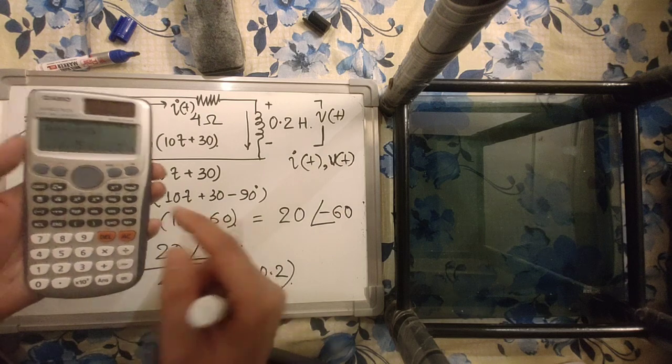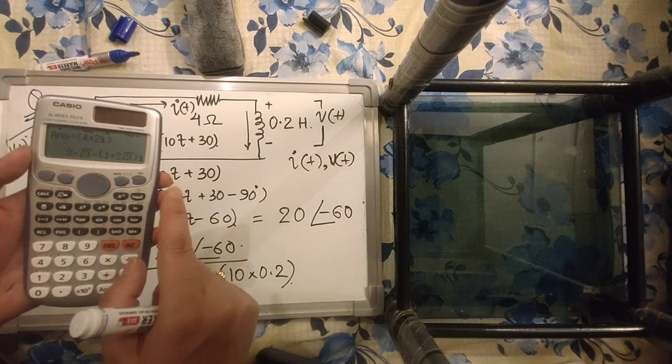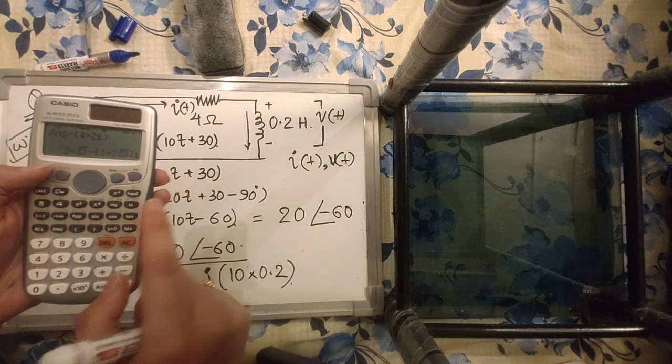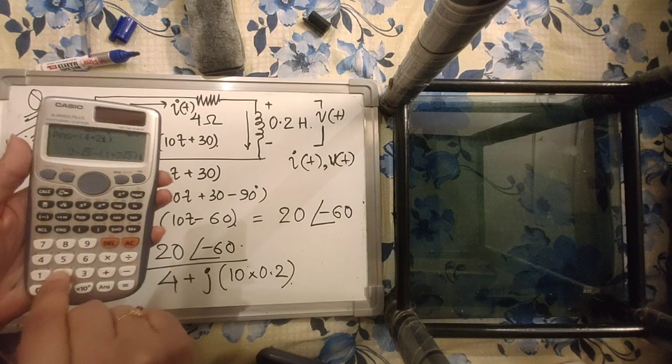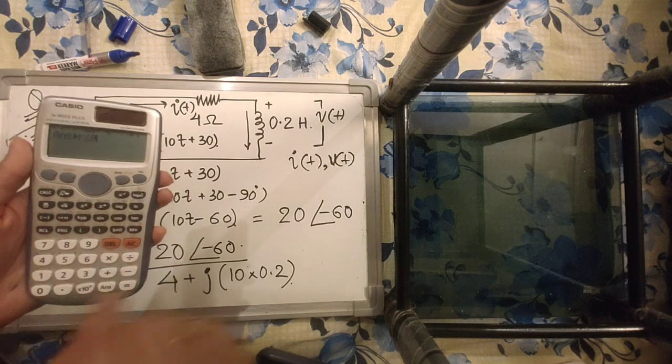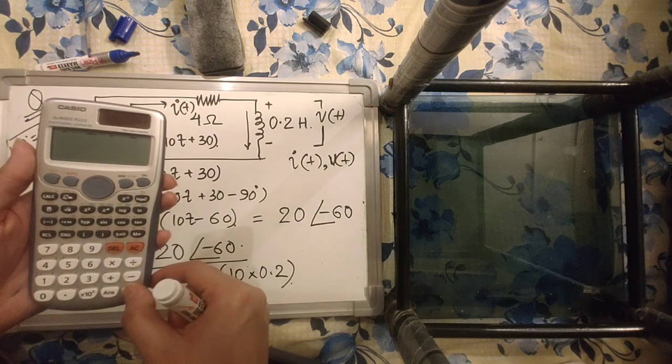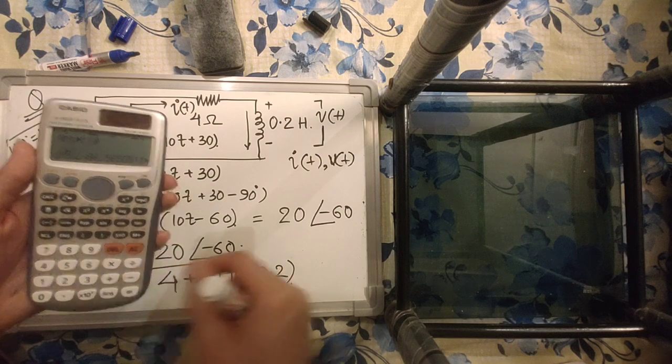You can convert this rectangular form into polar form by doing shift complex r at an angle of theta, and this gives you